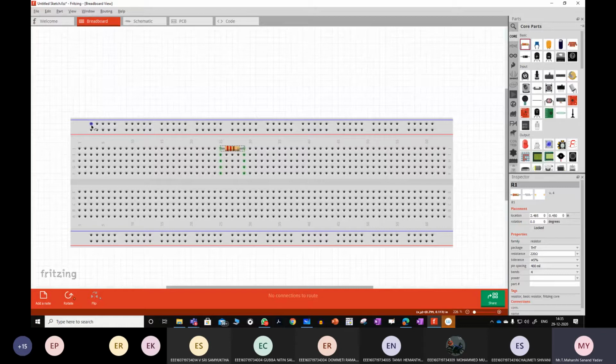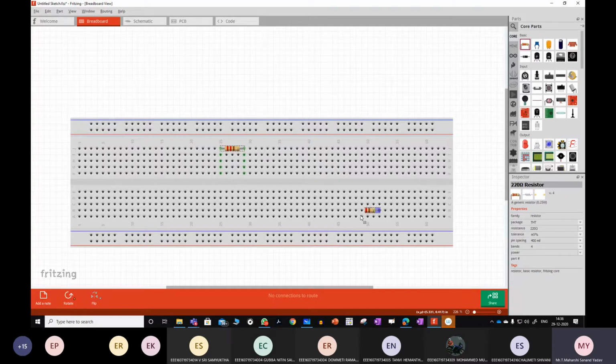But the difference is in the power supply, all of this is horizontally shorted. This is a row which is horizontally shorted. Again, the second one is also horizontally shorted. The same thing is applicable for the ground also. They're horizontally shorted, whereas here they're vertically shorted. I mean, vertically they are connected back to back. See here, that's why all these lines are becoming green.